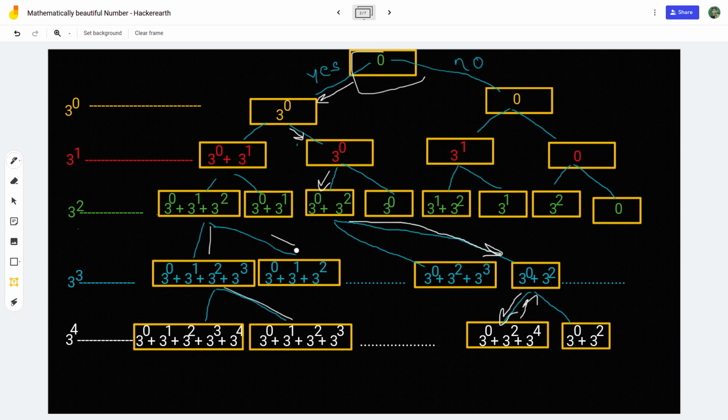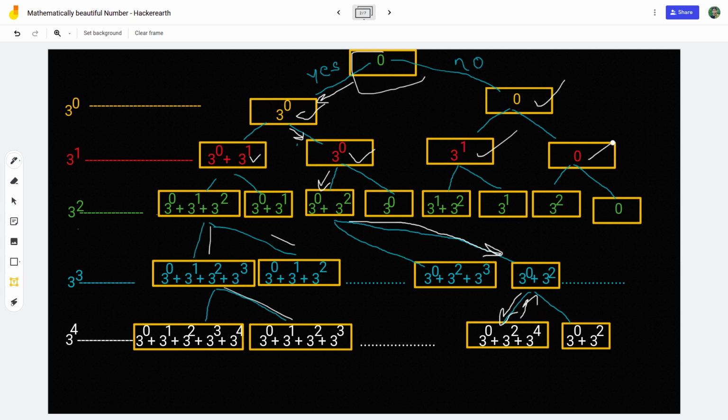So how can we solve this in code? If you are a beginner, it is better to use recursion, where there is something called choices. Here we have a choice: either we select this or we neglect this, and so on at each step.